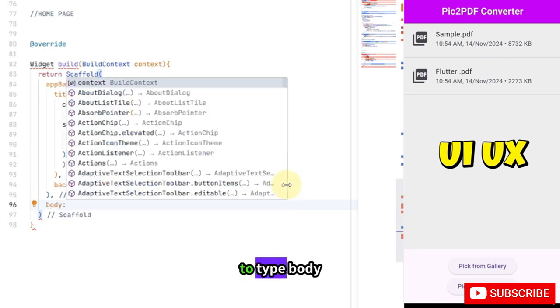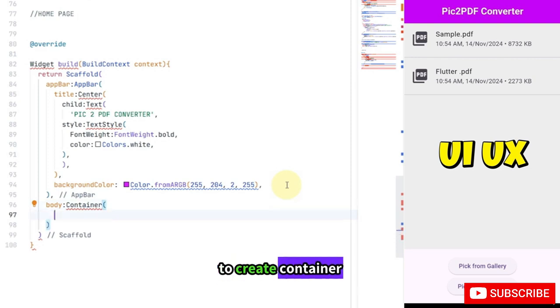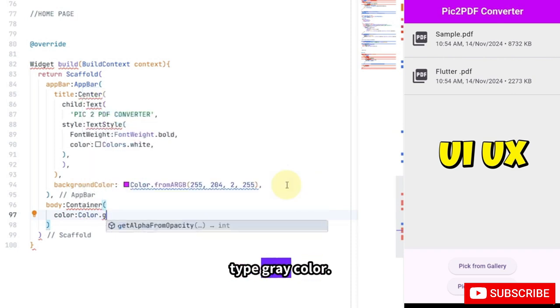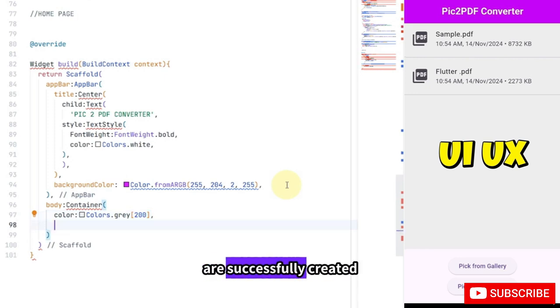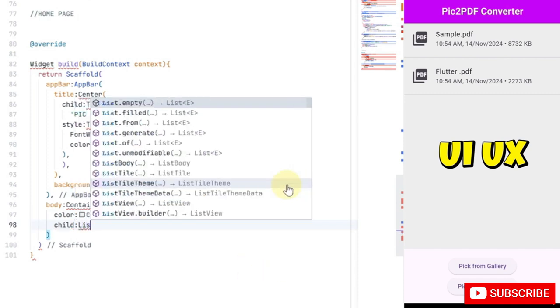You have to type body container of. We are going to create the container for our body. First you have to type the background color for your body. I am going to type gray color. Colors dot gray of. You have to type the value 200, comma. So now we have successfully created the background color, and then you have to type the list